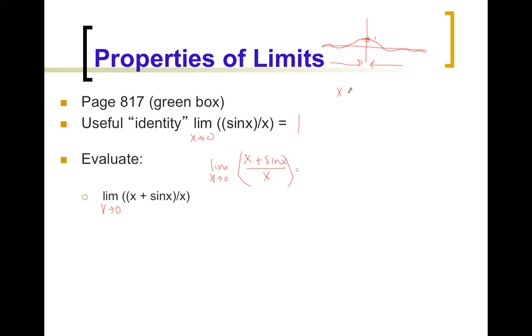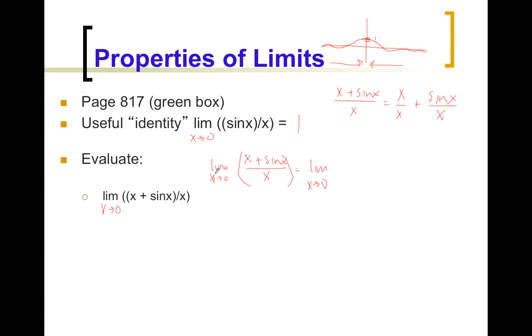First, you have to understand that (x plus sine x) over x can be written as x over x plus sine x over x. Now you might understand why there was a reason I said something about this identity. So this is going to equal, using our sum rule for limits,